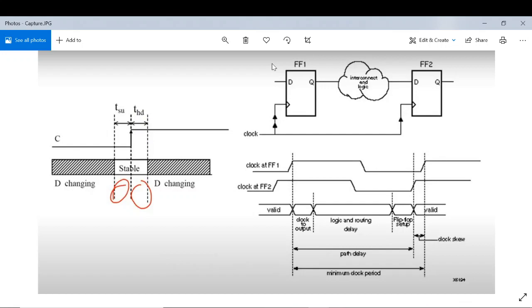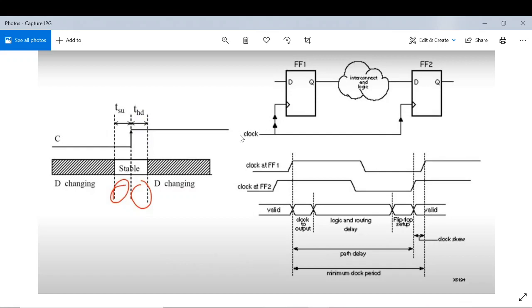The answer to this question is that synchronous designs are deterministic. What does it mean? If some data is going here at this clock cycle, then at the next clock cycle I have to ensure that the data arrives here after the computation.